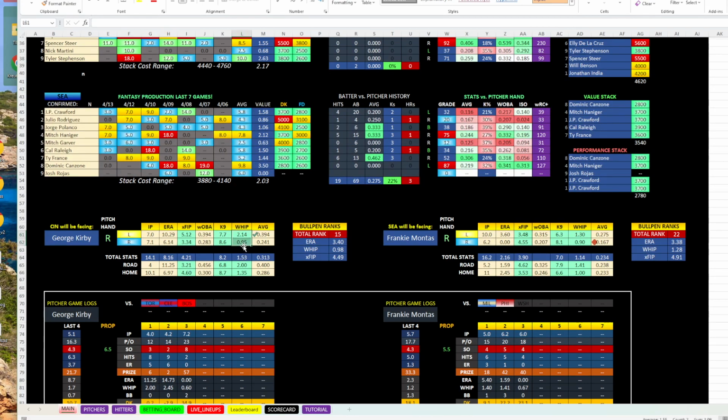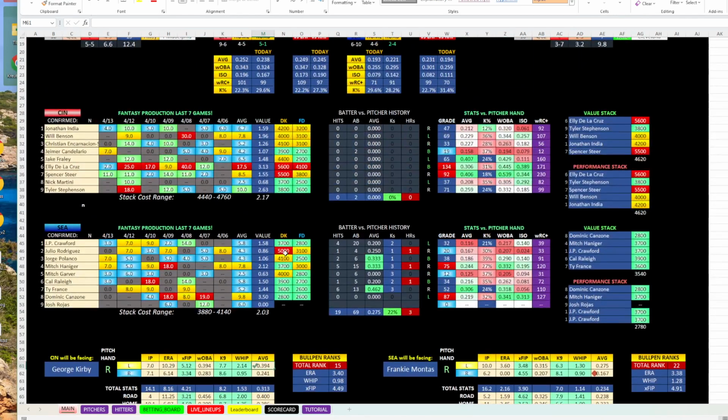But his WHIP against lefties of 2.14 and his average of .394, that's kind of alarming. So he's struggling against left-handed hitters. So the second thing you want to go to is say, okay, well, how many left-handed hitters does Cincinnati have? If they roll out 9 right-handed hitters, I don't really care. He's probably going to do pretty good. But if they have 3 to 5 left-handed hitters, then that's probably something I want to look at and take